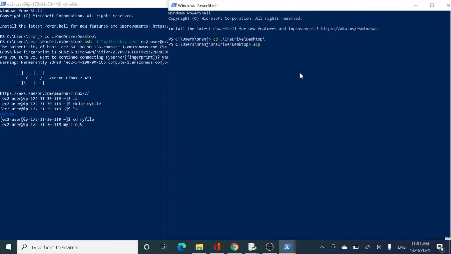Now I will be writing scp -i, the name of my key, that is my Linux key, and the file that I want to copy, an image, that will be 123.jpg. That is there on my desktop only. Because I'm on a Linux machine, the user name is ec2-user.